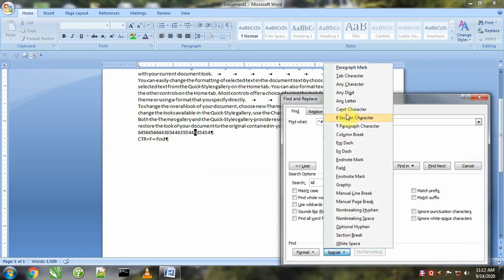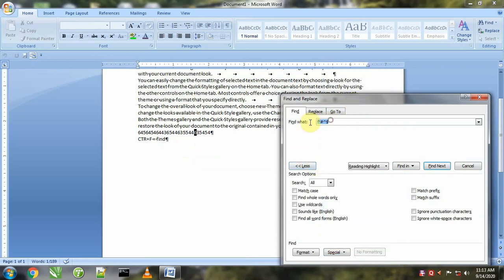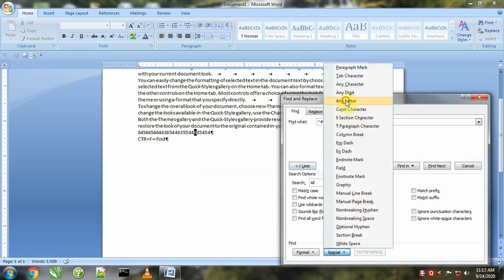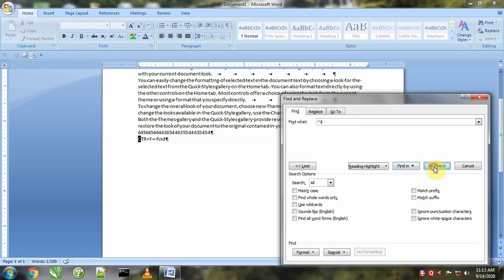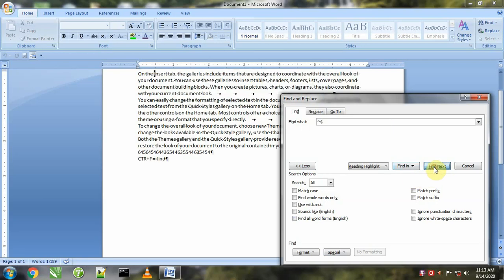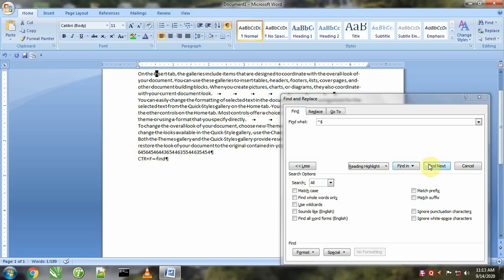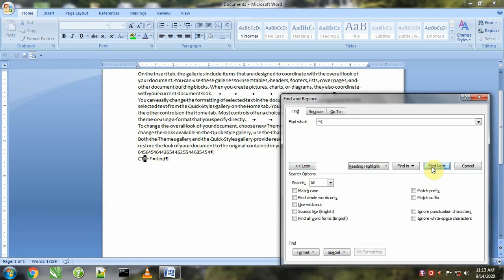If we say find any letter, now it will look for letters only. Letters means alphabet A B C D only, not numbers. With the help of alphabet, it will not look for numbers, only for characters.